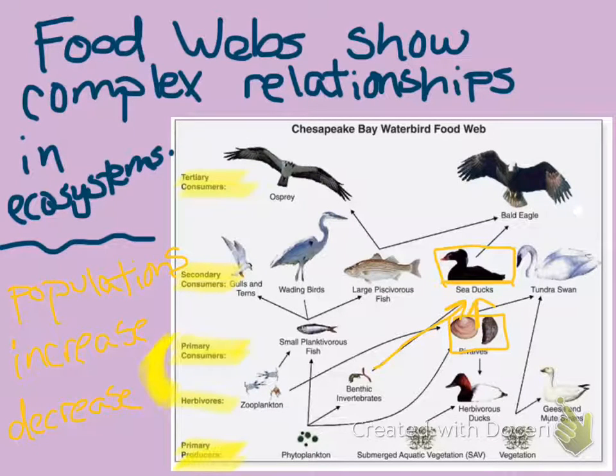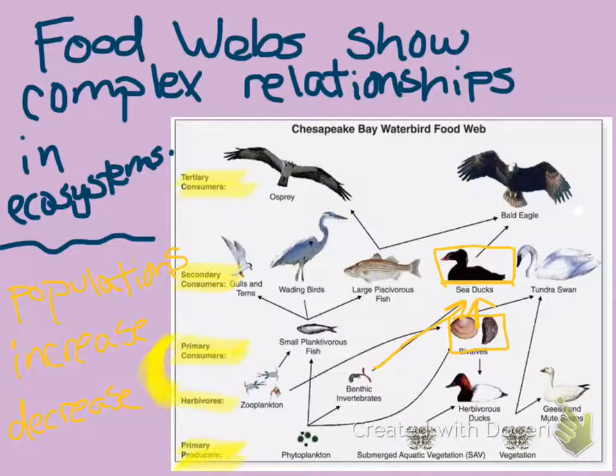If the animals that prey on them are gone. Good. If the animals that eat them decrease. Yeah, they die. So if I'm this sea duck here and the bald eagle population goes down, my population might go up because nothing is hunting me. Look, that's the only thing that hunts the sea ducks. So if the only thing that kills me and my family is gone, then me and my family get to survive and our population would increase.